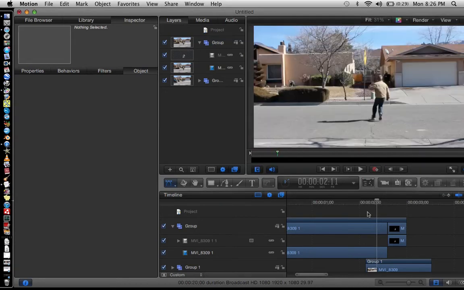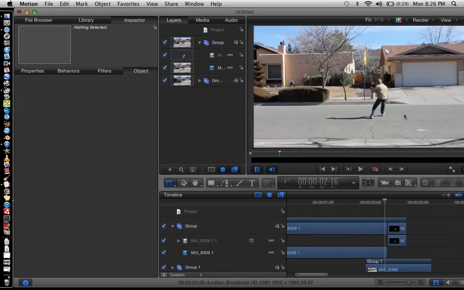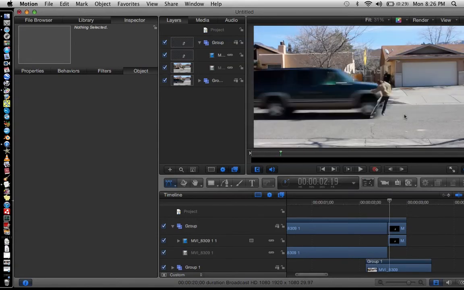So, you can see, you would cut out the shadow as well, but as I said, we're not going to care about the shadow. So you see I'm running and then I get hit. That ain't too pretty. So now what you gotta do is, this is the really long part, which I'm not